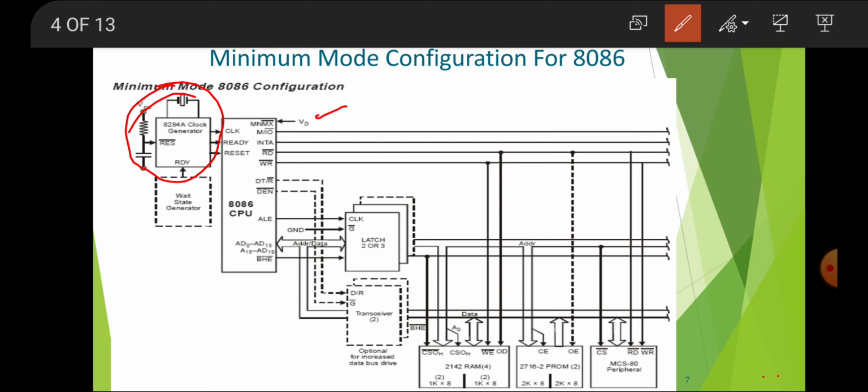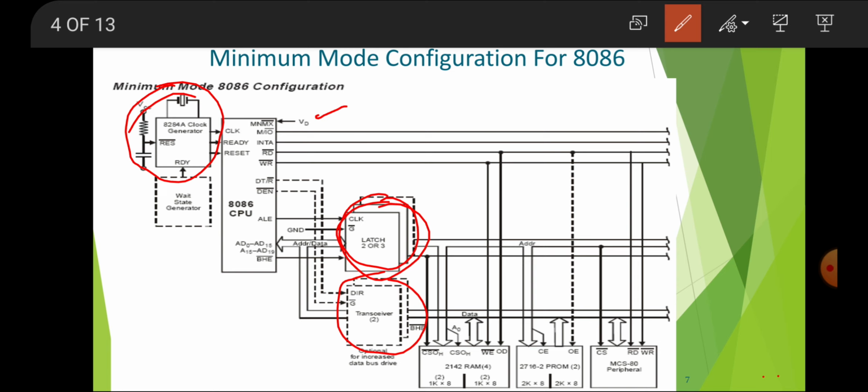Now you can see that here is one latch and here is one latch, and this is nothing but the transceiver, and here is latch 2 or 3. Okay, so sorry, this is the latch. Now how can it be operated, or why is it required in the 8086? It is connected at the output side. If you want to separate the address bus and the data bus, then you can tell whether it is the address or data.